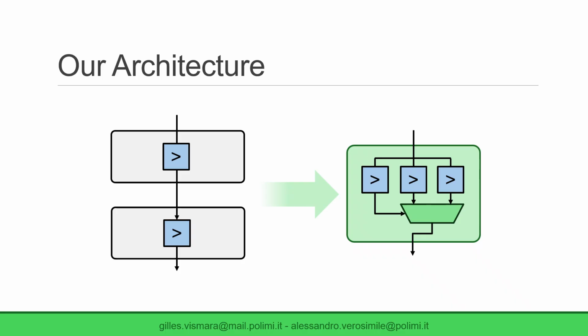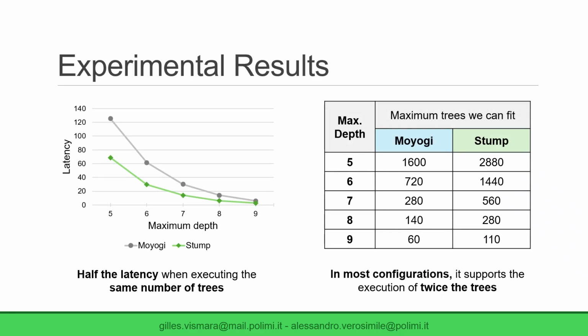This way, we are essentially fusing together pairs of processing elements, resulting in a halving of the number of pipeline stages, which significantly reduces the memory needed for intermediate sample storage. This reduction of the hardware footprint allows us to fit more processing elements, which has the effect of doubling the average speed compared to the state-of-the-art running the same model, and enables the execution of forests with twice the number